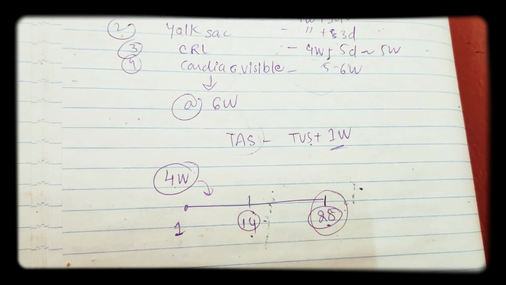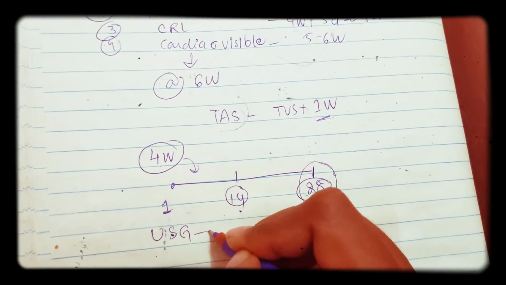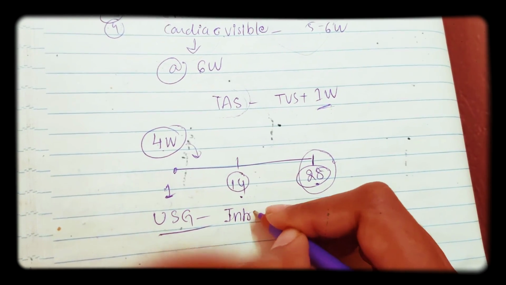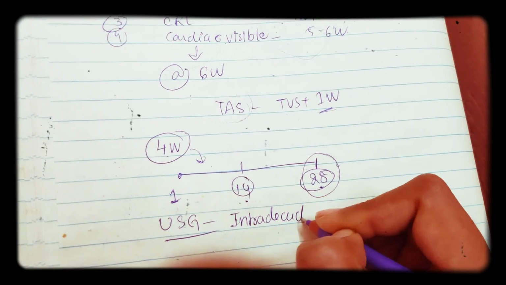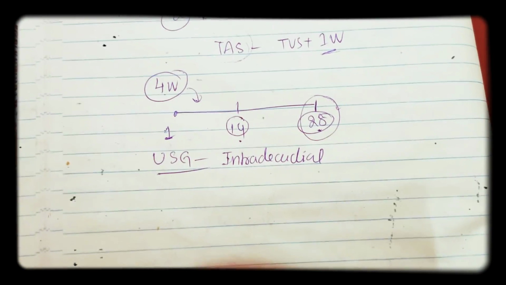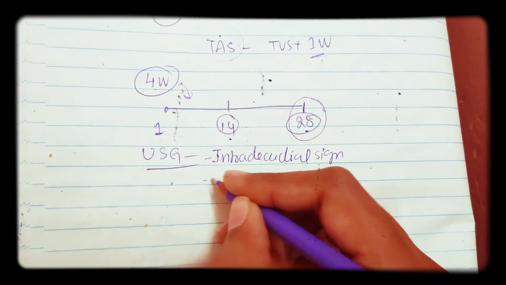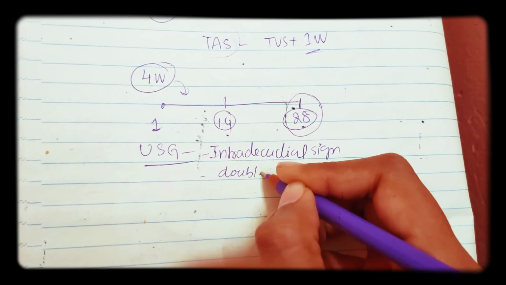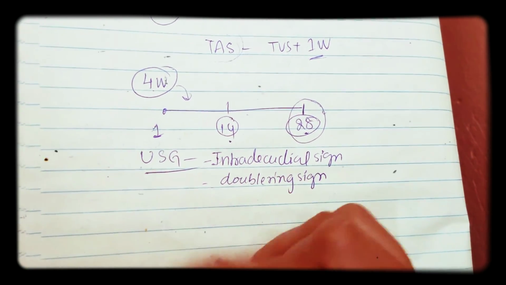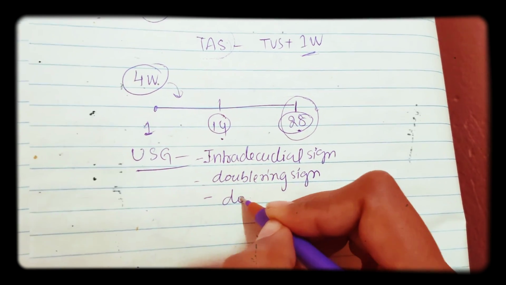Now coming to pregnancy signs which you see on ultrasonography. First is the intradecidual sign, which, if you remember, is where the blastocyst goes deep into the endometrium. That is the first sign. Next, the second sign you see is the double sac sign or double ring sign. If you remember this double ring sign, the inside layer is the decidua capsularis, the outside layer is the decidua parietalis. Next you will see the double bleb sign.